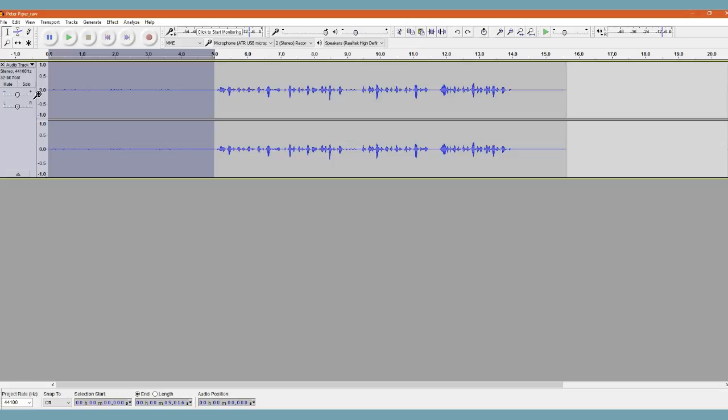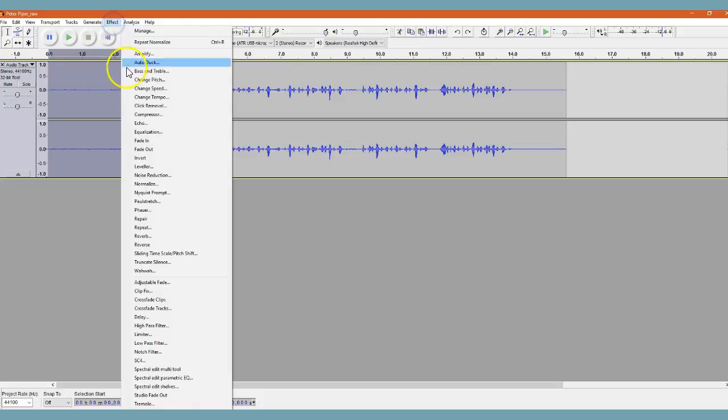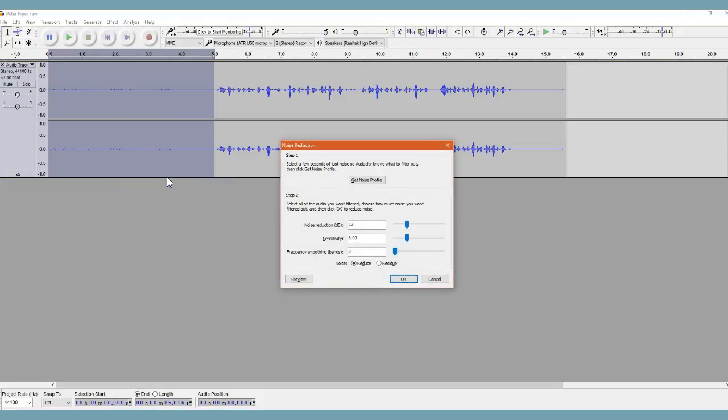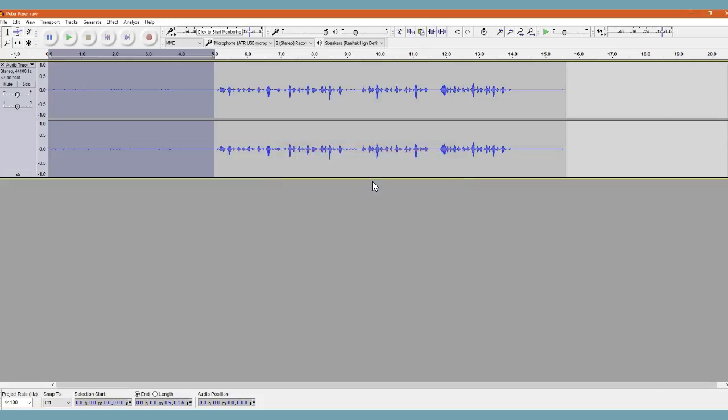And with the sample selected, I'm going to click on the Effects option in the menu bar. I'm going to find and select the Noise Reduction tool and click on that. Now, the first step in the process is to click on the Get Noise Profile. And by doing this, you're telling Audacity what it should interpret as background noise, so it can actually filter it